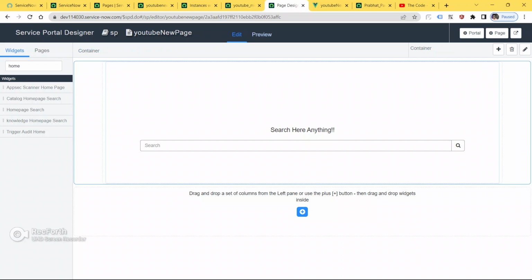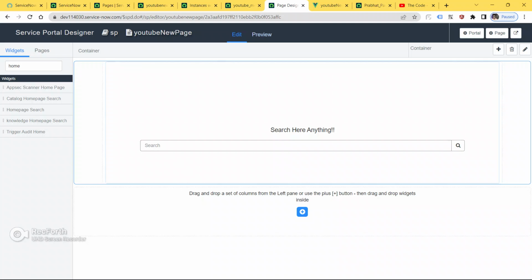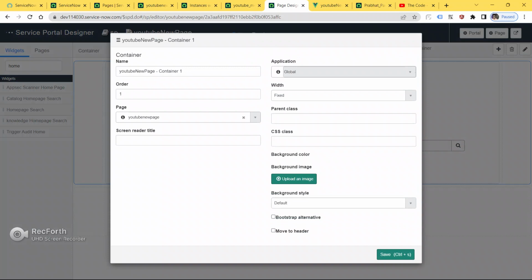Now just click here and select the entire container, guys. As of now I can select this, I can select this, and I can select the entire container. As you can see, the entire container has been selected now. Let me show you one more time. I can select this, as you can see it is selected now. I can select this, and I can select the entire container. So I'm going to select the entire container.